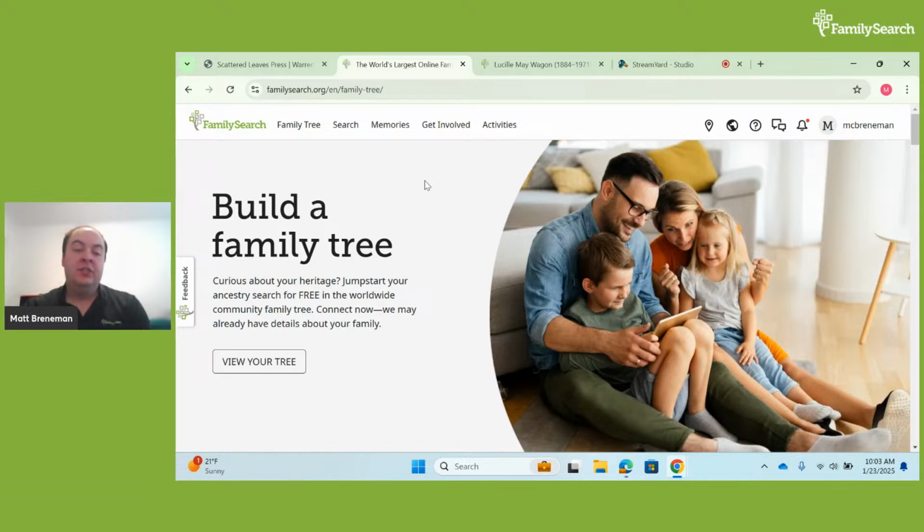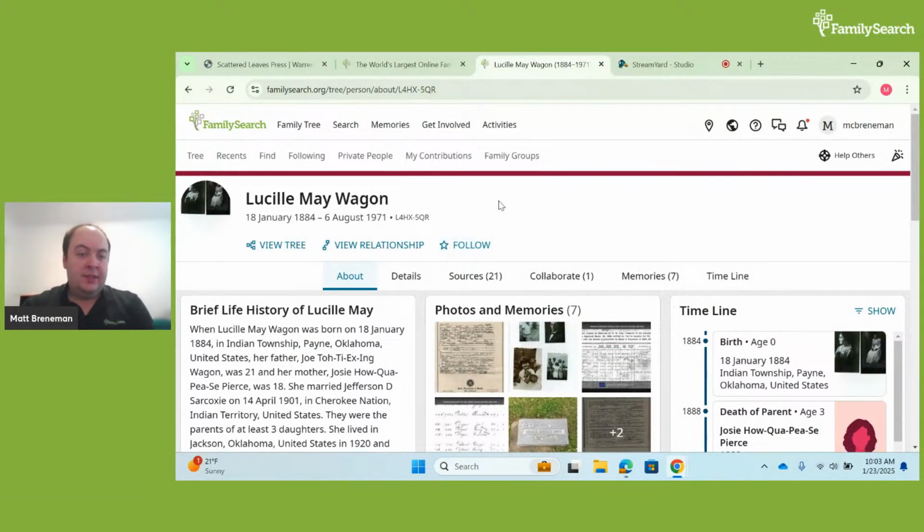So the person page is organized into a couple different menu items, and I'll go ahead and show you an example. This is one of my ancestors, Lucille May Wagon, and we're just going to use her person page today. You'll see the menu items on top here, and I'll briefly explain the different menu items before we go into more depth.